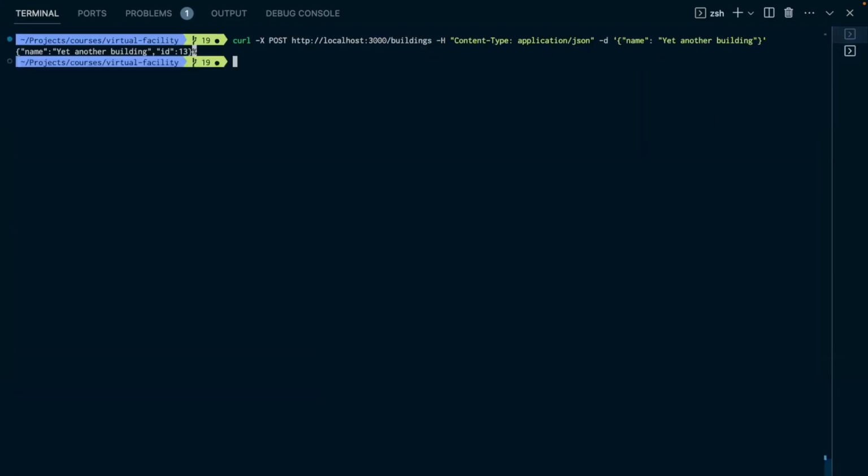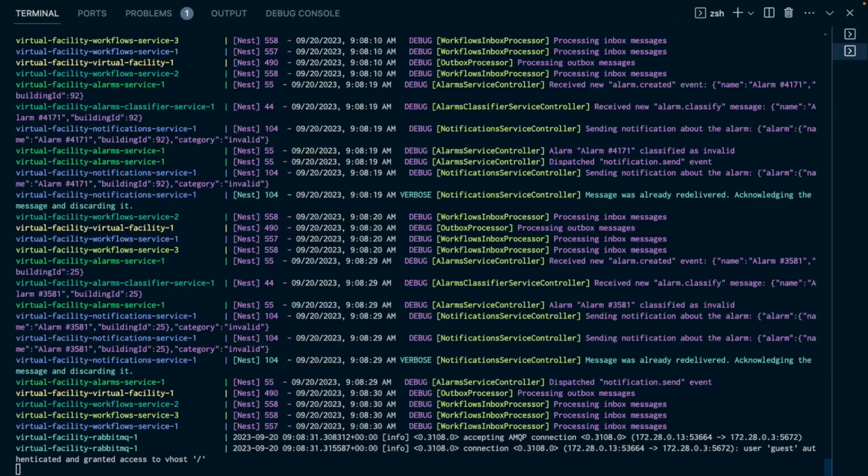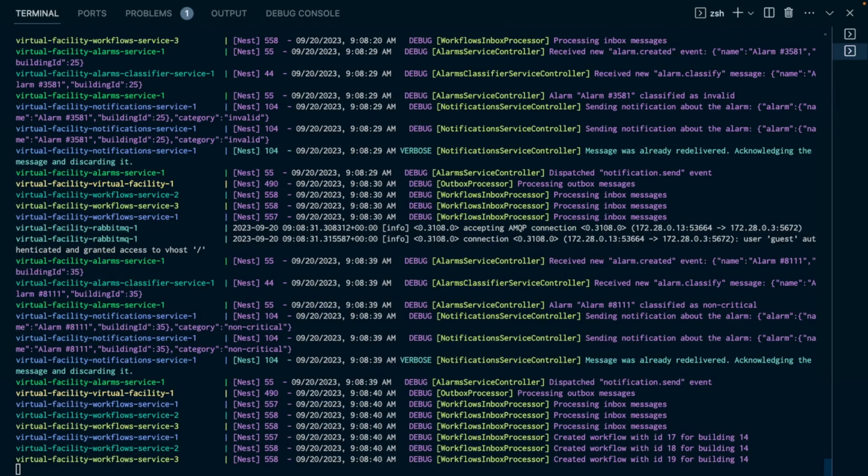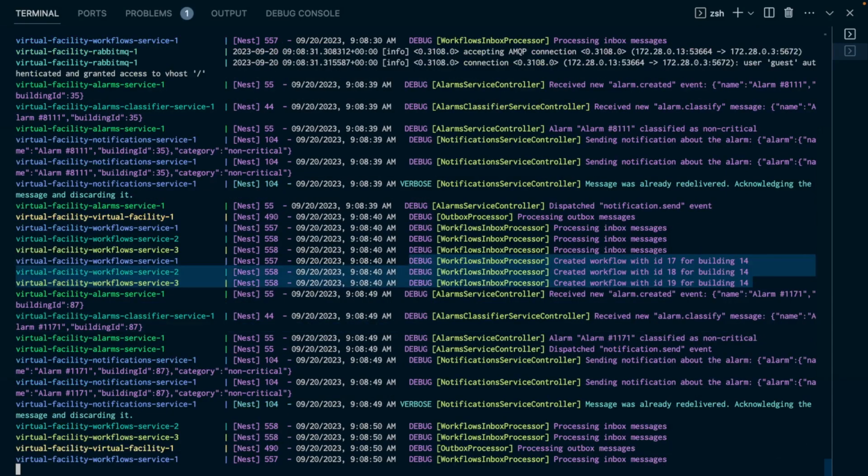If there are no errors, let's create a new building using curl. Let's wait a little bit. And as we can see, there's that created workflow log message, which means that the workflow service successfully processed the message. Fantastic. However, since we're running 3 separate workflow services in parallel, all 3 nodes will process the same message